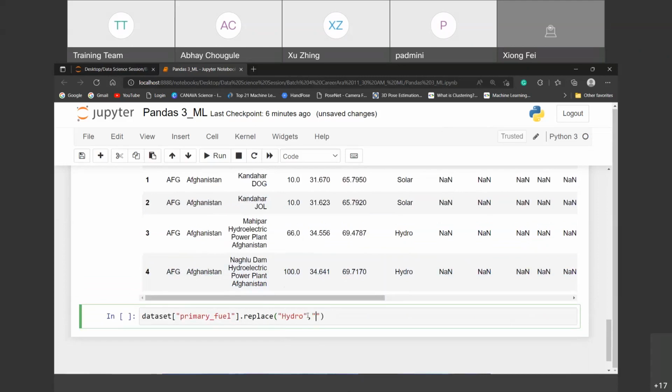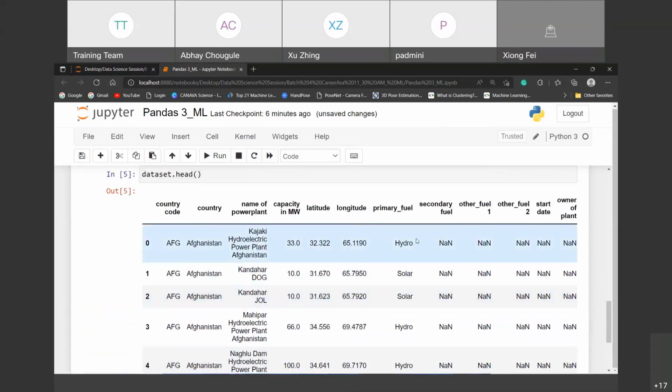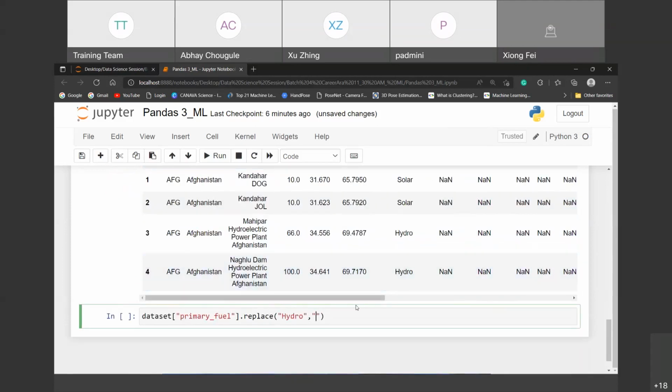Now, if you pass a space, then definitely the hydro will go and this space becomes a null. But I don't want to do that. I want to pass hydrogen, right? Hydrogen. So I would like to go with this. Now you have to pass inplace equals true, right? If I'm using inplace equals true, that will affect the original data